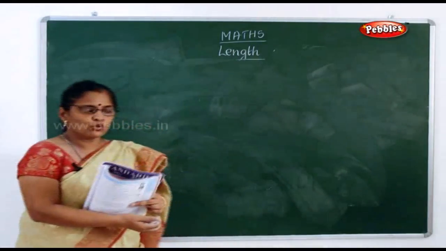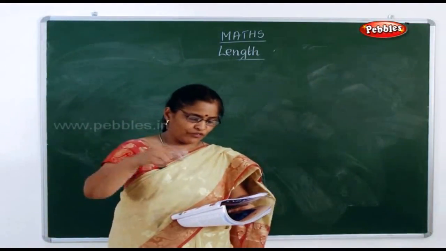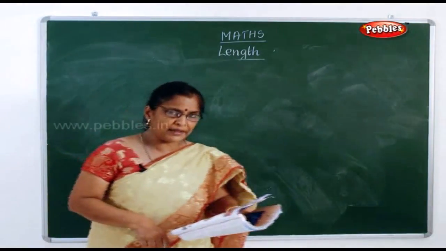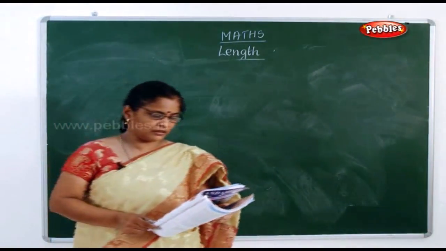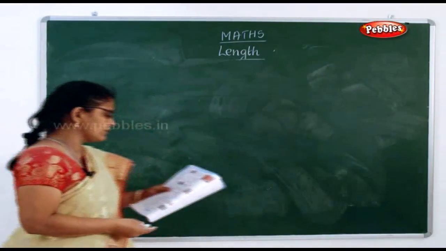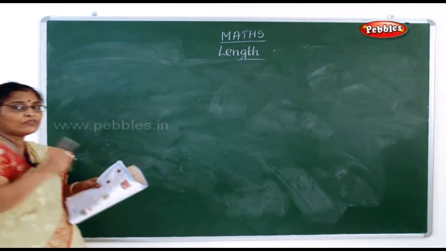See, if the total length of 8 tracks, there are tracks, I think you go for running. If the total length of 8 tracks of equal length is 16 kilometer and 32 meter, what is the length of one track? So what is the statement sum they have given? First one, what they have given? If the total length of 8 tracks.